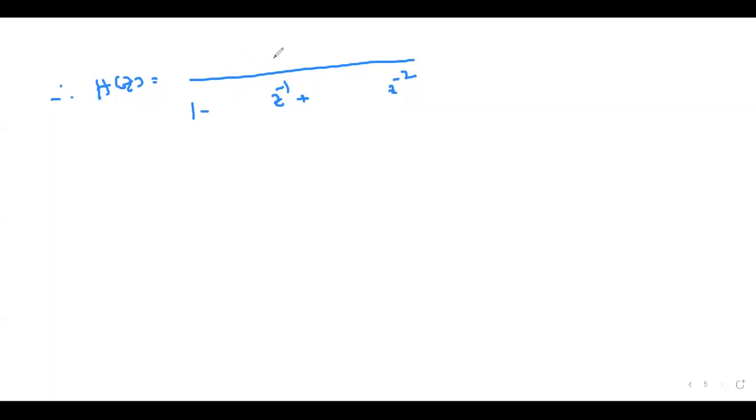And in the top, after taking the LCM, you will get one constant and one z power minus 1. So here we will get only the value. Constant you won't get, it will be cancelled because the top has 2 and minus 2. 1 will give 1 minus 1, it will be cancelled. Also no constant in the numerator. Yes, somebody, if completed, please tell me this transfer function. Complete these gaps.